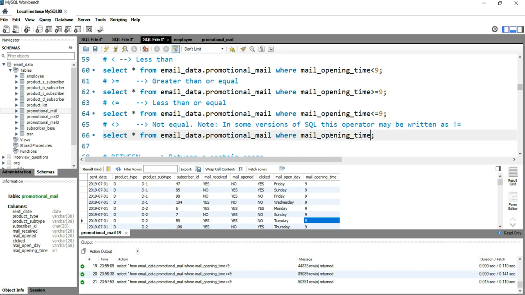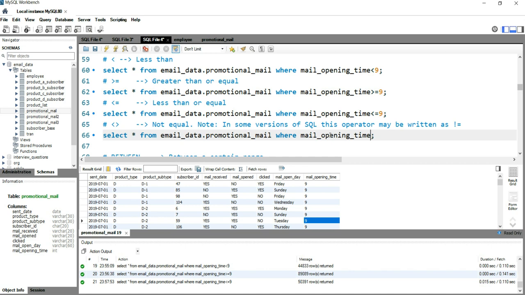We want all those records where mail opening time is, sorry, not 1 to 11, but from 1 a.m. till 11 a.m. and then from 1 p.m.